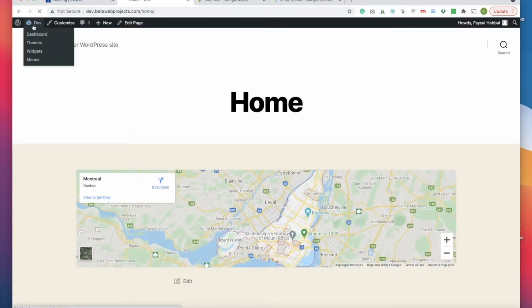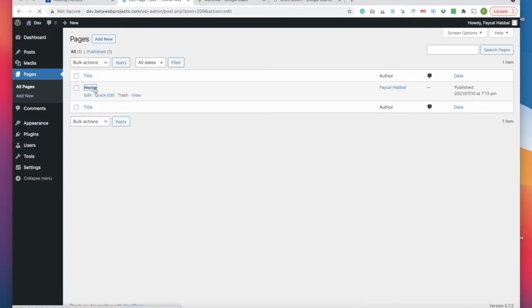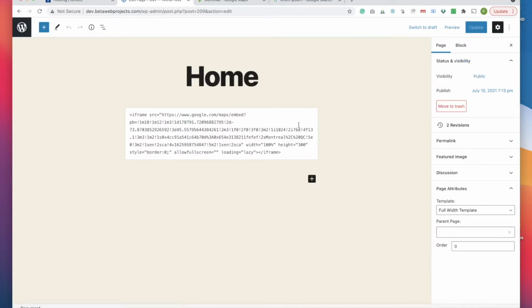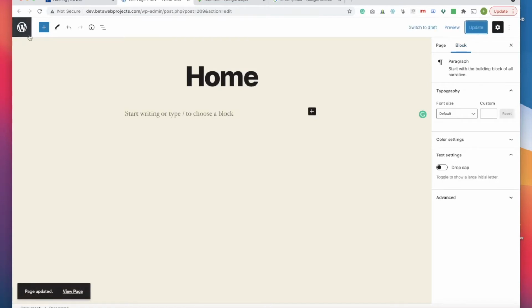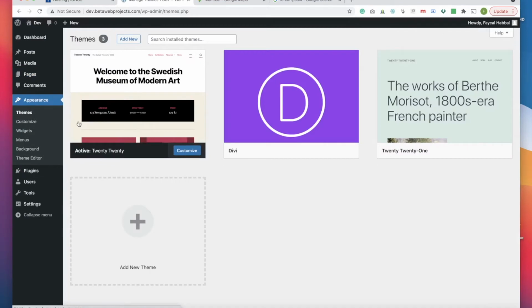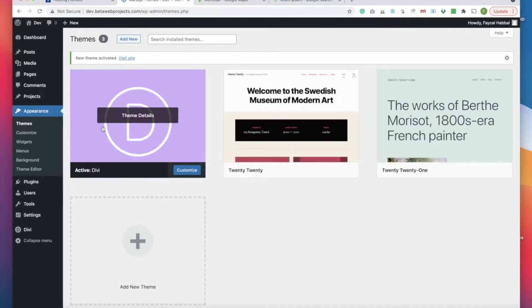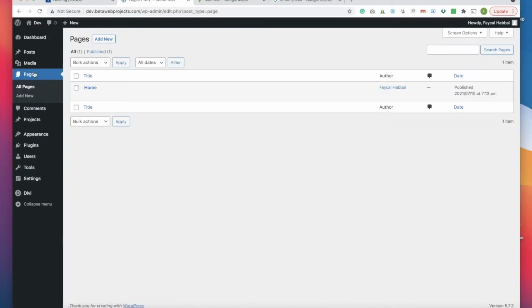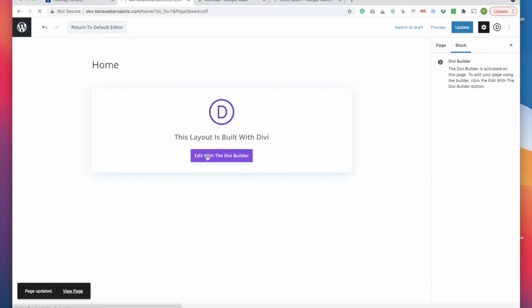Now let's use a theme like Divi, for example. So what I'm going to do, I'm just going to go back to my home page and just delete that block that I just added. Click over here, remove block, update, so we don't have any additional stuff that is added to it. Click on theme, activate the Divi theme, which is a very popular theme I think everybody should use. Go back to my home page, click on home, and then over here I'm going to switch to Divi Builder. So edit with Divi Builder,